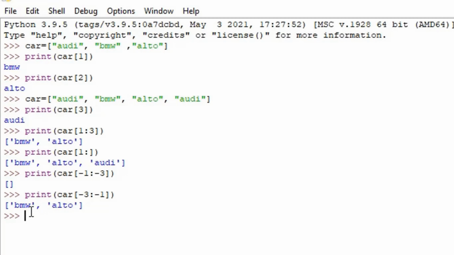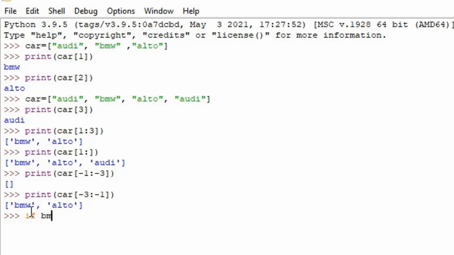अब हमें जैसे अपनी लिस्ट में चेक करना है कि BMW is present. So how can we do that? We have a functionality: we will write here if, and then we will write the name which we want to see.